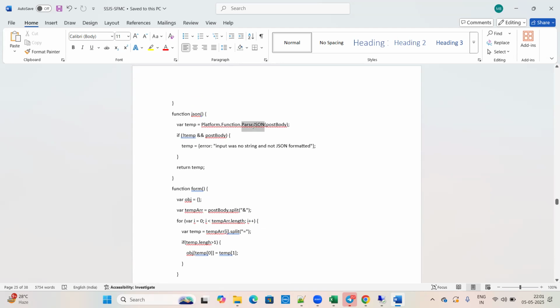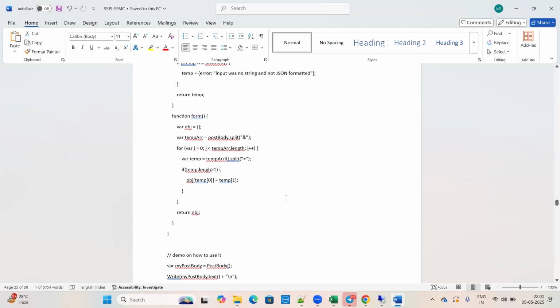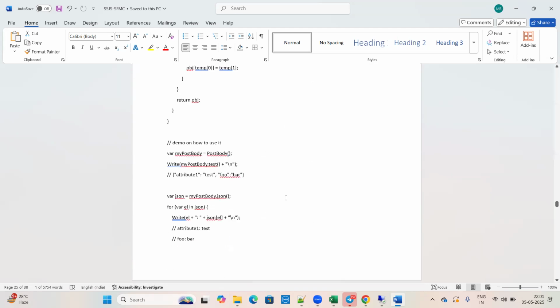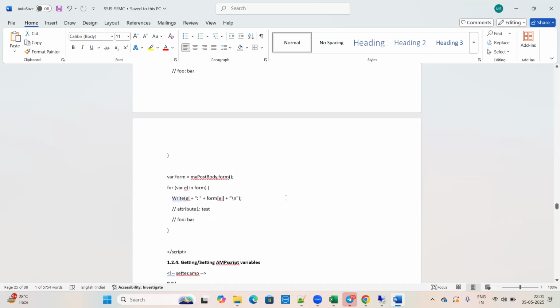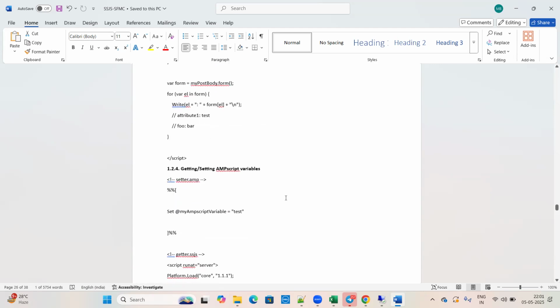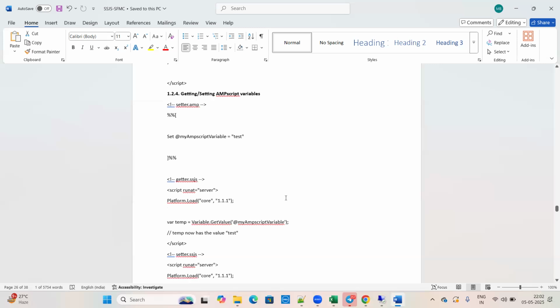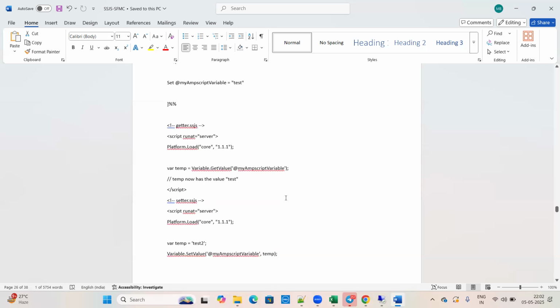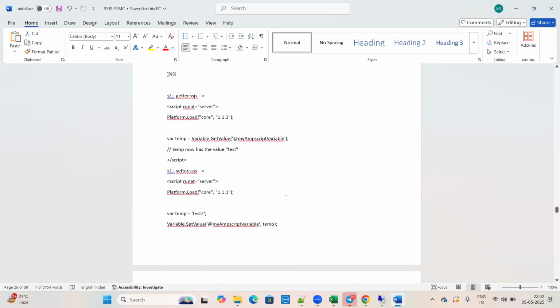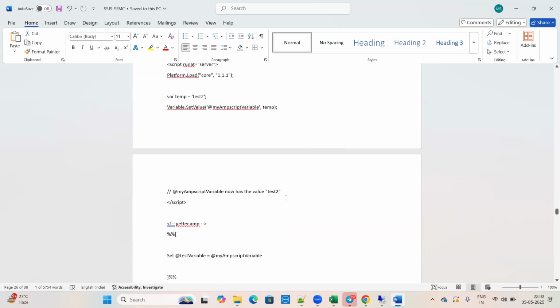This parse JSON is nothing but in case you have a JSON object, then you can parse it. You can split it and divide it in the SSJS function body. So all this is complex computation, which is usually not done in AppScript. It is mainly for personalization, and